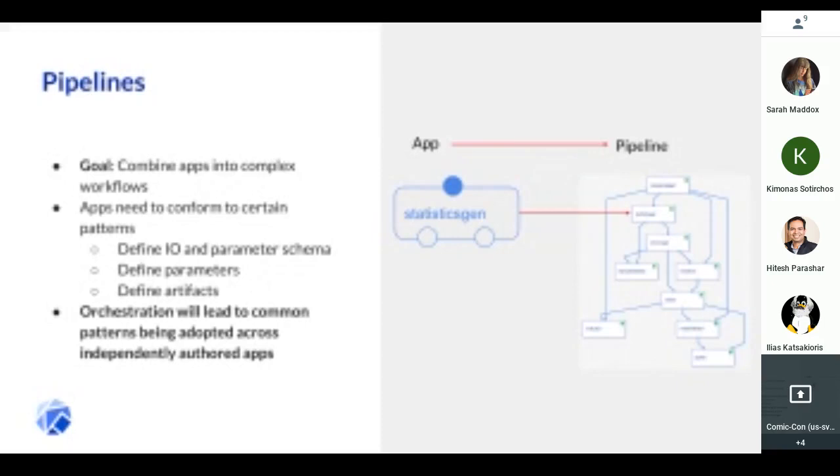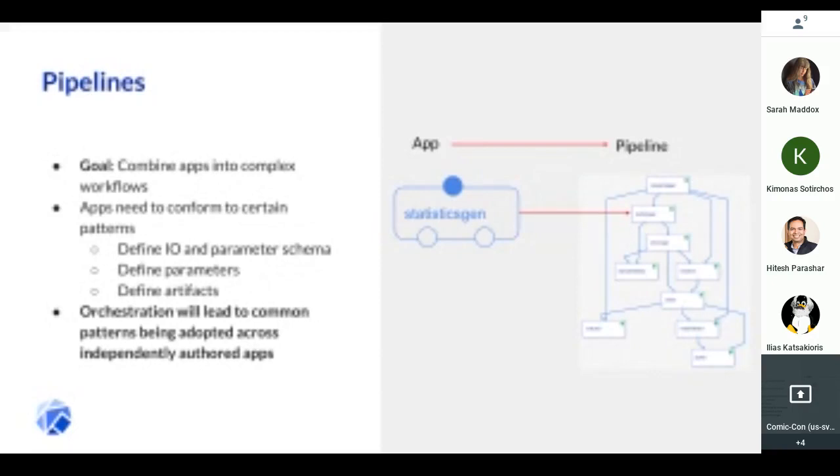The reason for that is if you're computing statistics about your data, you probably want to use these statistics, right? Maybe you want to use those statistics to pre-process or transform your data, or maybe you want to use those statistics as features in training your model. So if you want to take this component and incorporate it into a larger complex workflow, you need to define what your inputs are and what your outputs are, so that this larger orchestration system like Kubeflow Pipelines can pass data to that component and also take the outputs of that component and pass them to the next steps in the pipeline, right?